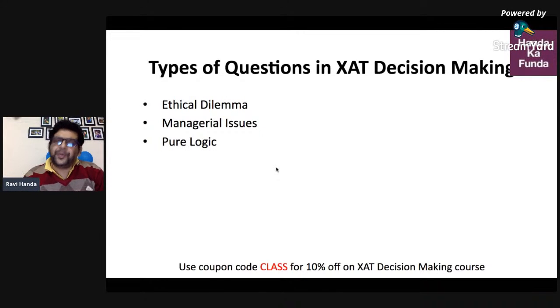Now, pure logic questions have become kind of rare over the last 2 years. So 2019 and 2020 did not have them. But before that, till 2018, you got a lot of questions which were based on pure mathematical logic. Okay, do this, do this, do this. It didn't really require much decision making, but more the calculation and the logic part. There are questions which are often based on financial issues where you need to know a little bit of math to actually figure out what is a good deal and what is a bad deal. So that's also something which is asked.